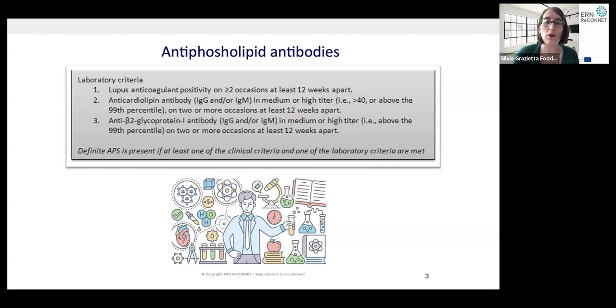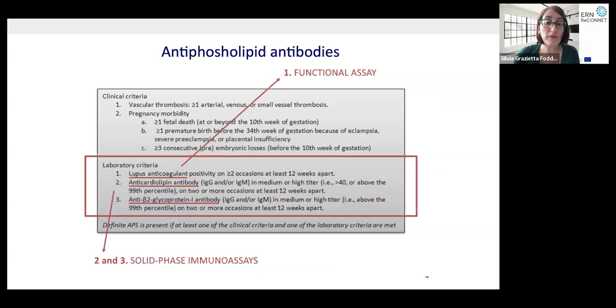This lag time, which is completely arbitrary, was determined because sometimes, especially in case of chronic infection or inflammation, or in case of use of some types of drugs, the antibody testing could be false, in a positive or in a negative manner. But moving on,